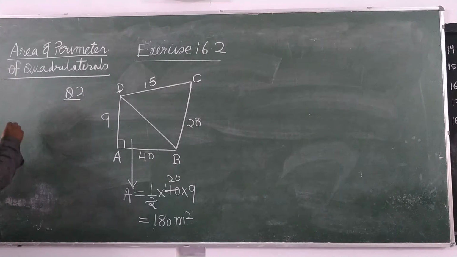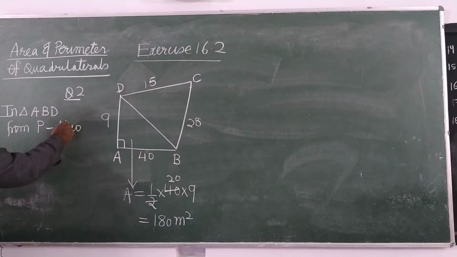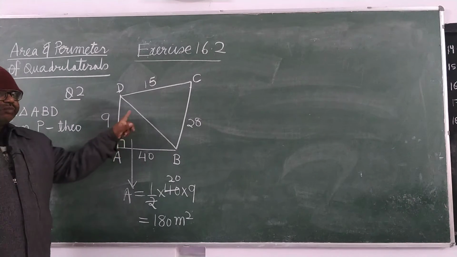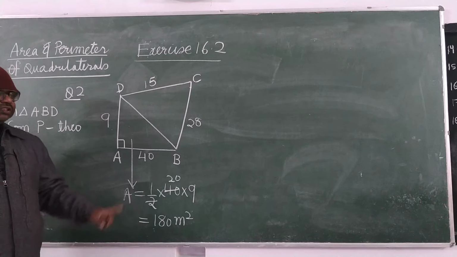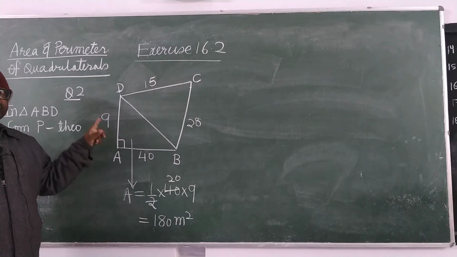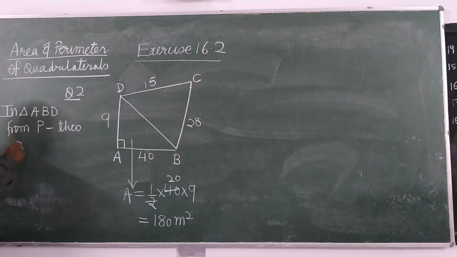So in triangle ABD, from Pythagoras theorem. When you will apply Pythagoras theorem, then it states that the square of the side opposite to 90 degree is equal to the sum of squares of sides containing right angle. That is BD square will be equal to